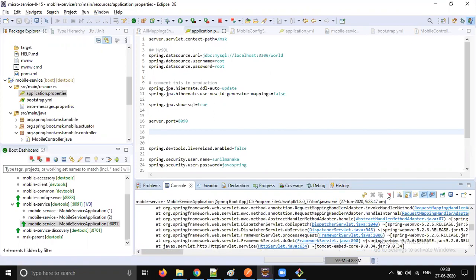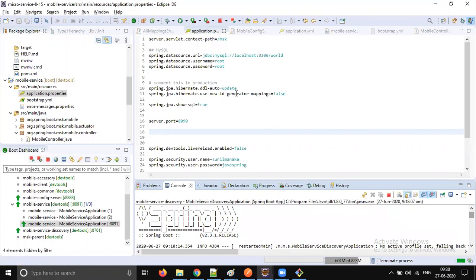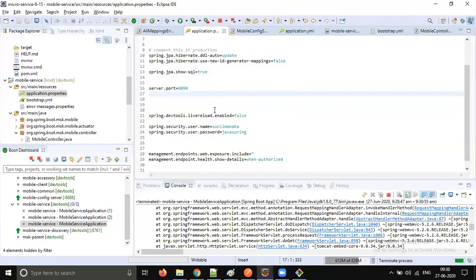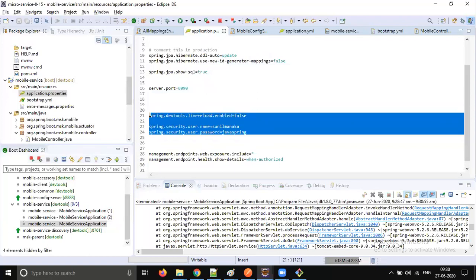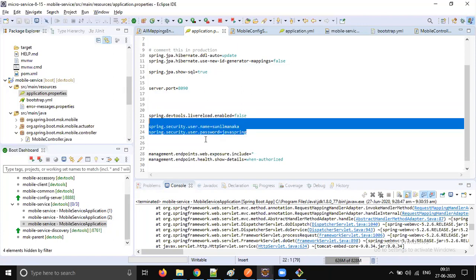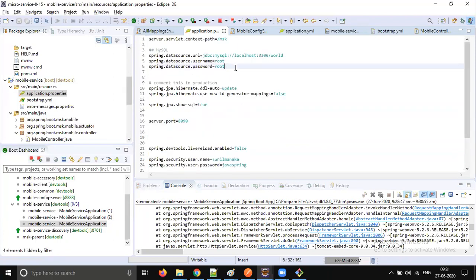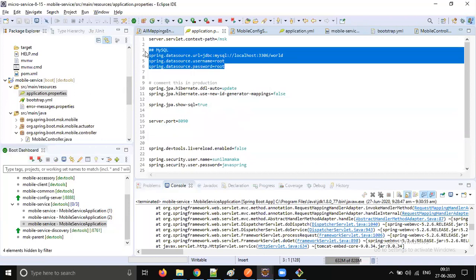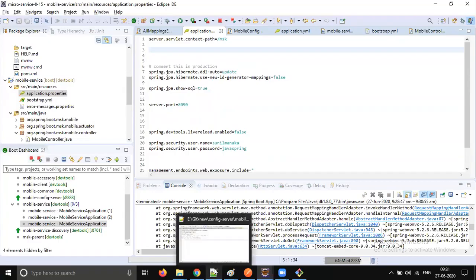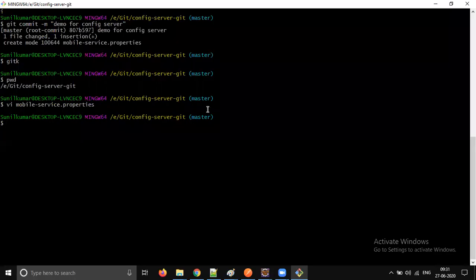Okay. So now what we will do, we will stop the service and we will also move this security details, right? So let's move this security. Anyway, security we are not using, I believe, right? Or else let's move this database details. Control X. So let's go back to the Git repository and put these details over there.